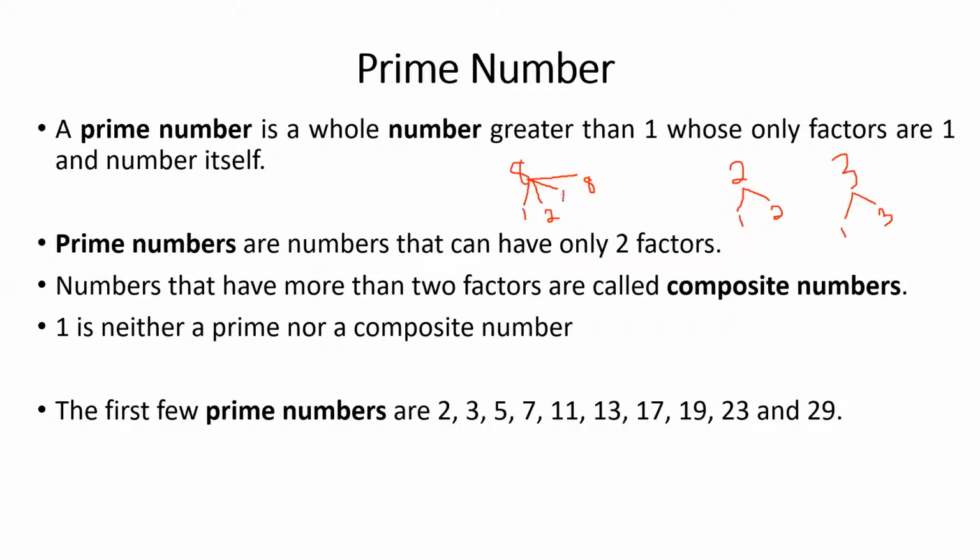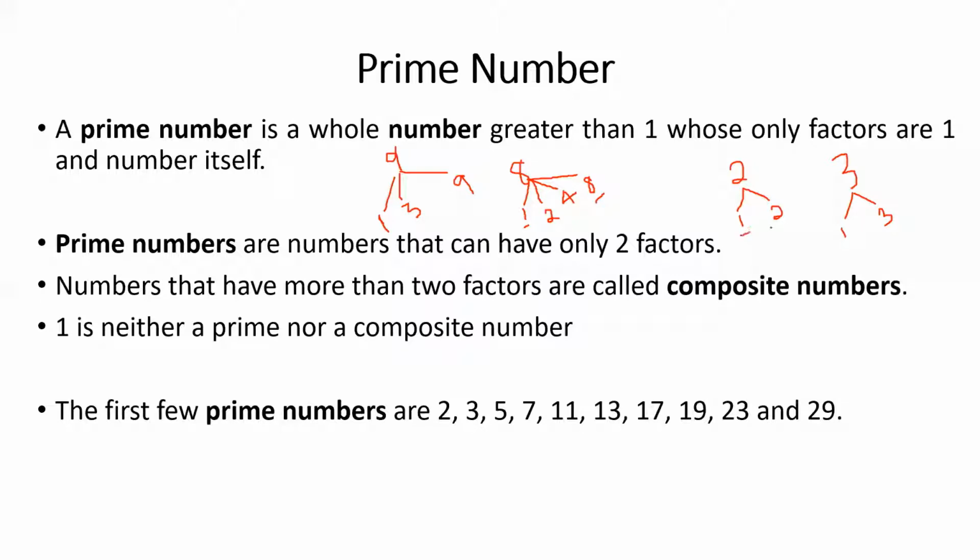But 4 can. So we understood that apart from 1 and the number itself, some numbers will have other factors also, right? If you take 9, without checking we know it has 2 factors, 1 and 9, but 9 is completely divisible by 3 also, right? So we understood that any number will have 2 fixed factors. One will be 1, the other one will be the number itself. Understood?